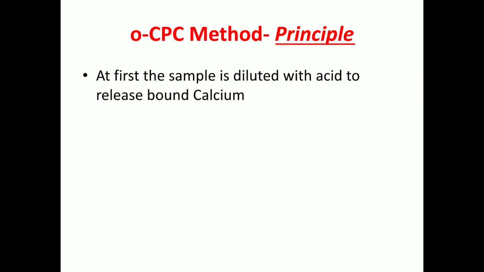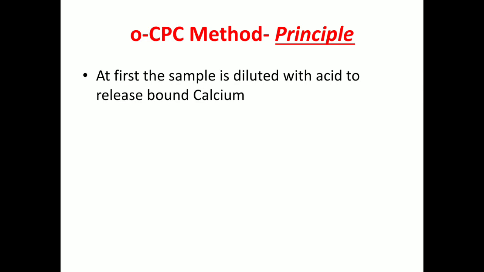All those binding sites of proteins will be protonated, the amino acids will be protonated. Proton will go and bind, so calcium will be released. So all the bound calcium will now be released, and your entire calcium is now in the free form. So now if you measure the calcium, you get the total calcium. Your 55% was bound and you released it. So now the free plus bound total amount is freed, and if you measure the calcium, you get the total amount.